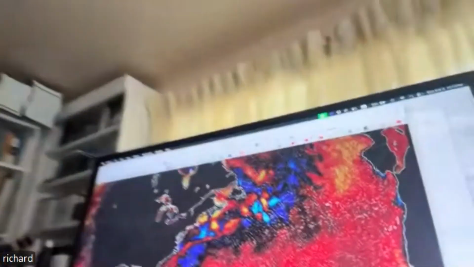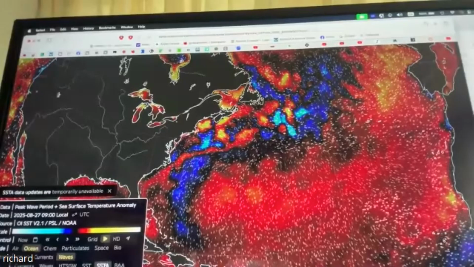Give you an idea of what's going on off the coast of Nova Scotia. So bear with me. Don't get vertigo as I move the computer. Wow, is this free? Could I log into this, or is this like a special thing you guys have? Yes, you can. Well, it's actually called